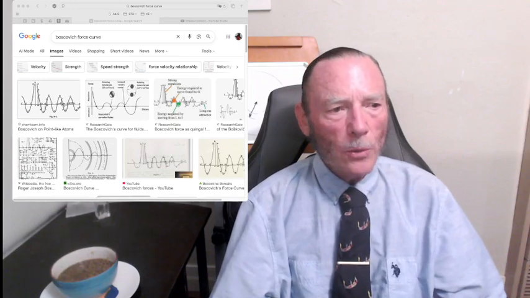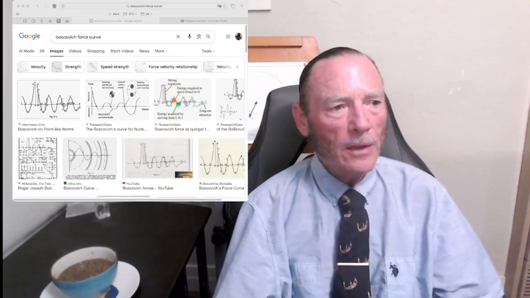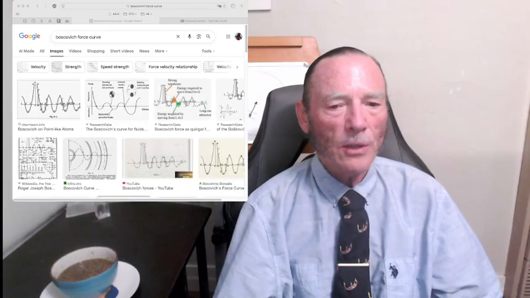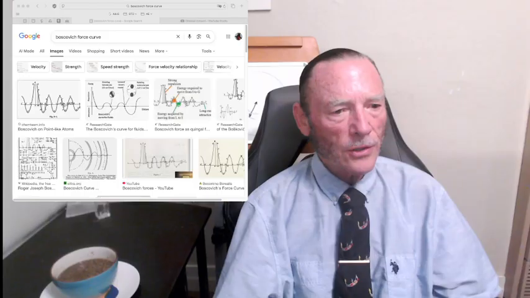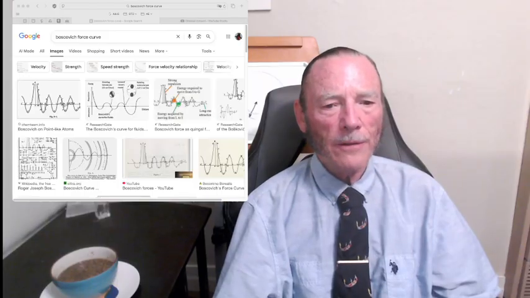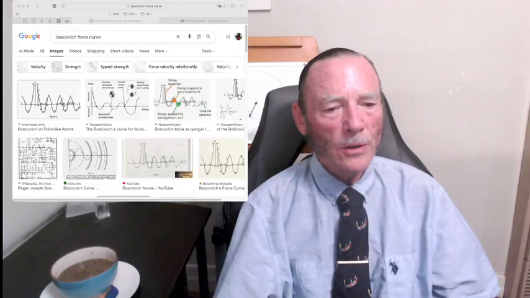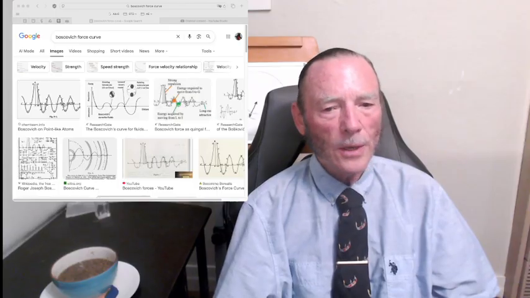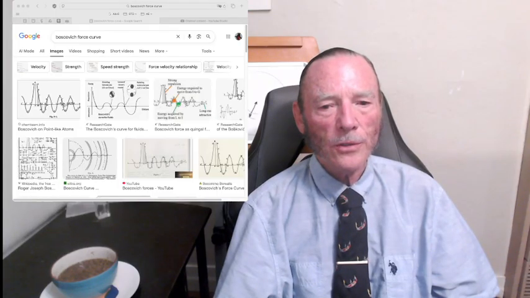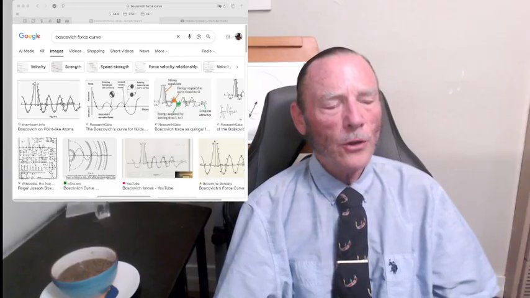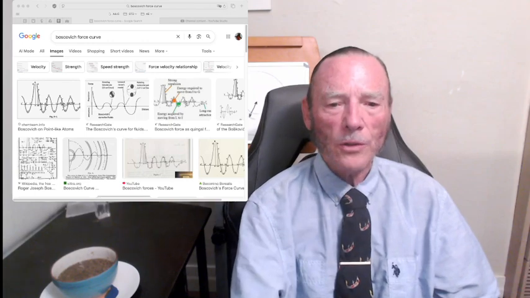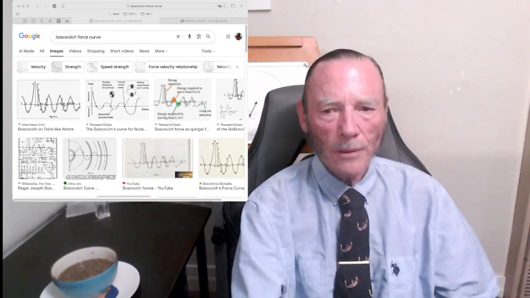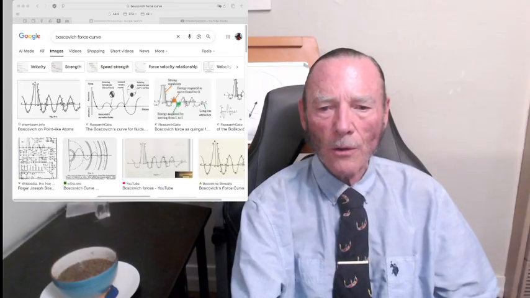On the screen here, you will see the result of typing in Bošković force curve into a typical search engine. The diagrams may not be perfectly visible, but I just want you to know that you don't have to wait for me to do this. You can type this in on your own computer. You can even look this up on your cell phone if you have the patience and good vision for it. But I'm going to show you some examples out of this in just a moment in order to lead into our topic. And for now, I'm just going to turn that off so I can talk this over with you so you know what has to happen, so you'll be prepared for this.